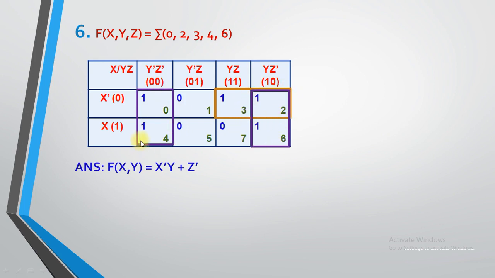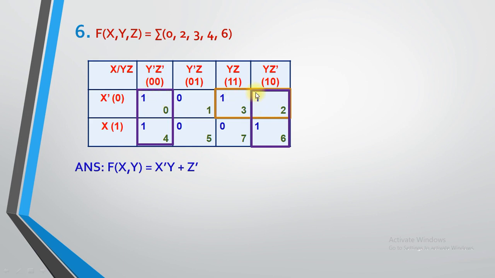Over here 0, 2, 4 and 6 are a group of 4. Now for this, what you need to do? You need to put your hand over the middle area so that you can easily find the values related with the purple boxes.